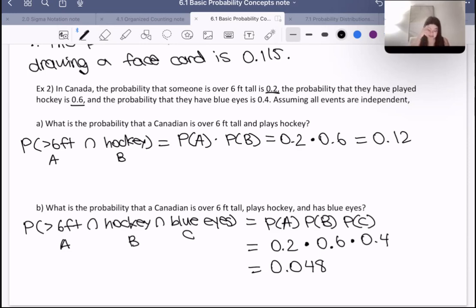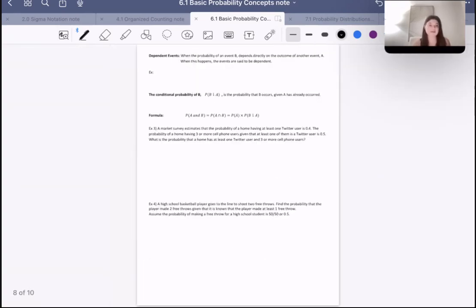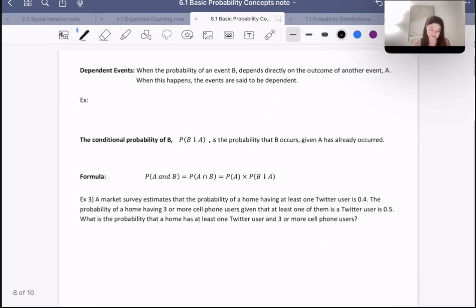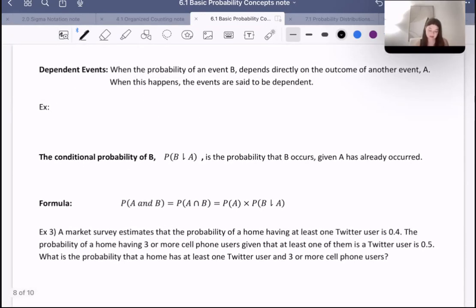Okay, so that's independent events. Now I'm going to be talking about dependent events. Yeah, I think we'll do that in this lecture as well. So basically, dependent events are the opposite of independent events. When the probability of event B depends directly on the outcome of event A, then that's a dependent event. So I'm going to give an example of a dependent event. Let's say we want to know the probability of winning 3 games in a row,